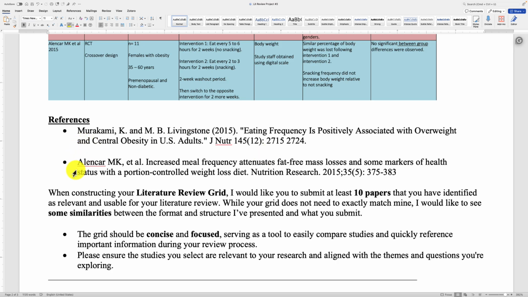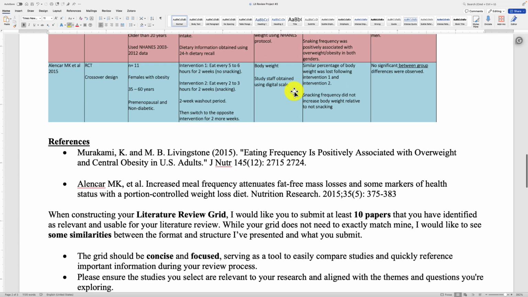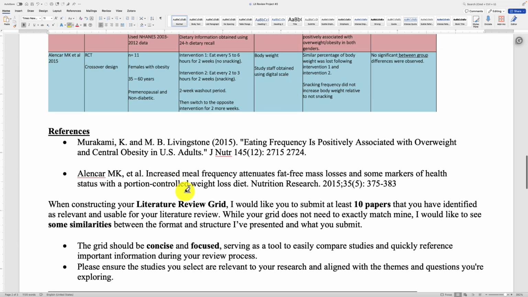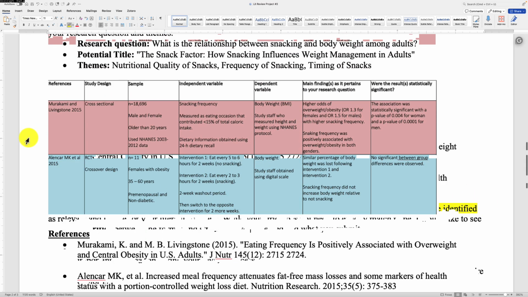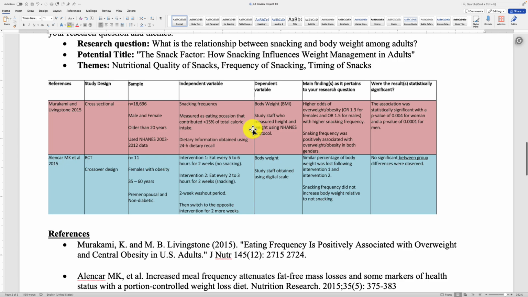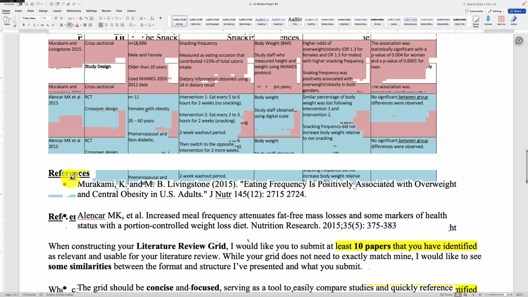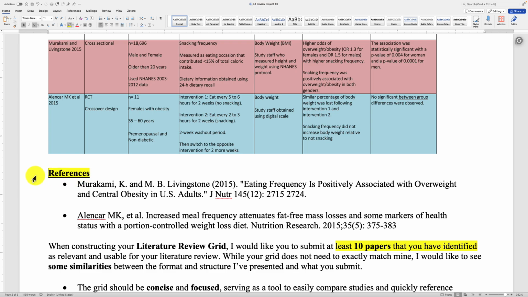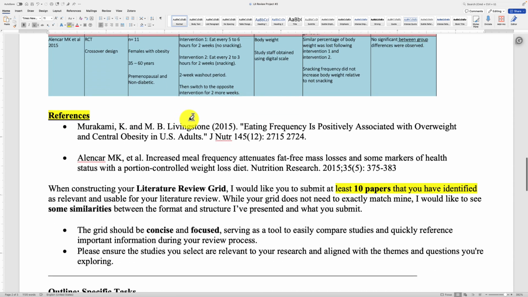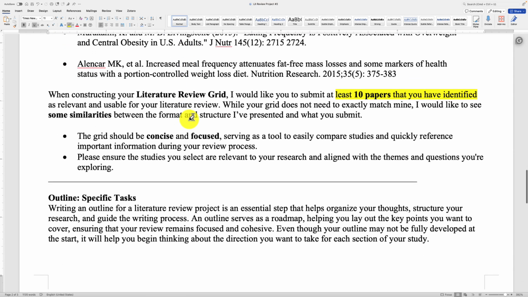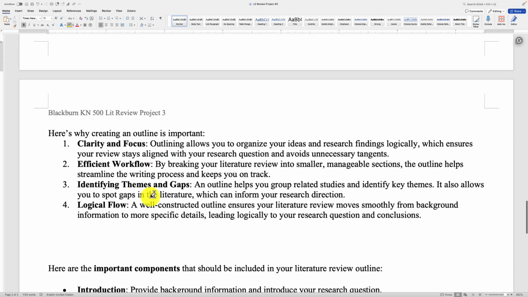So now I'm asking that when you submit this project number 3, you have 10 papers that you have identified so far that you put in this lit review grid. So I am going to receive a grid from you that has 10 papers and has 10 references in any format that you are comfortable with. That will be the first part of this project. And then you are going to provide me with an outline, which will be the second portion of this project. And with the outline,